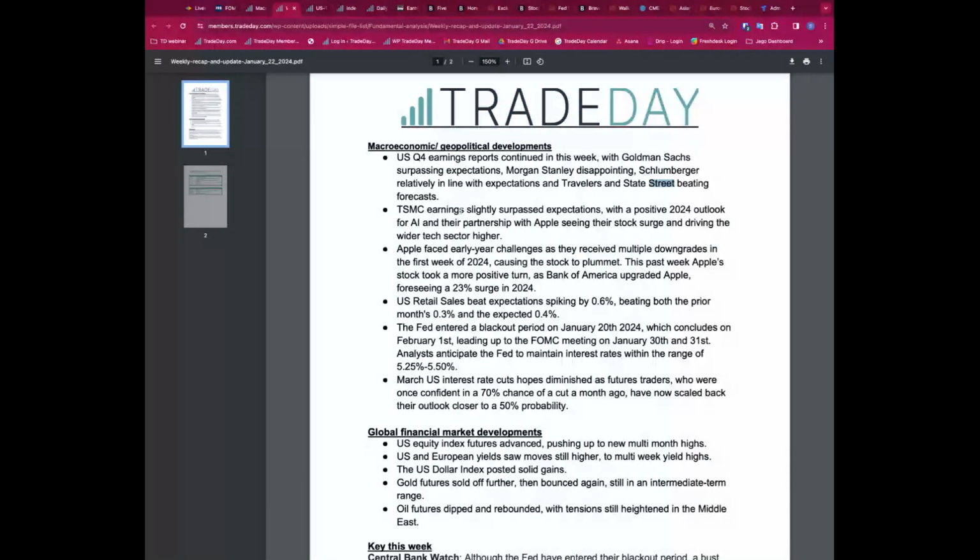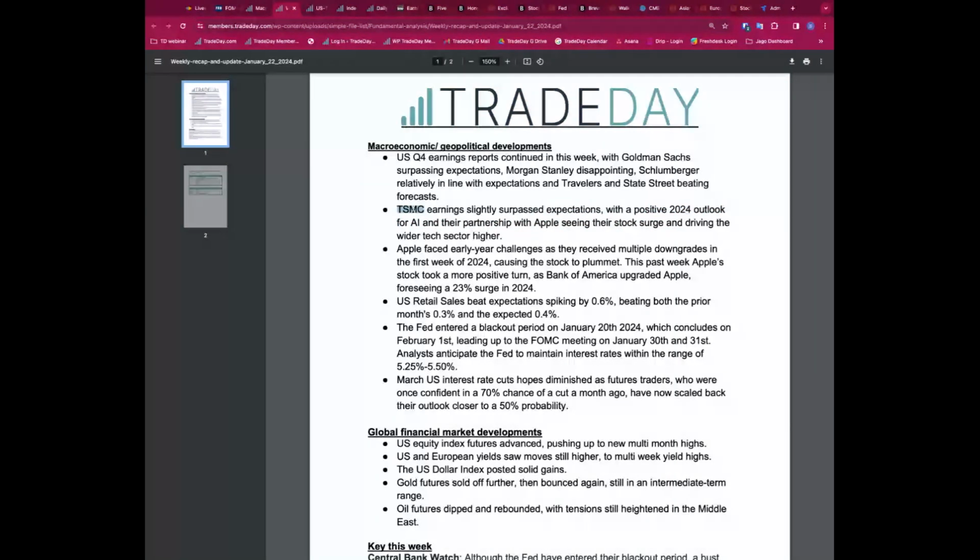The main driver of the significant pushes higher to multi-month and sometimes record highs for the US equity indices, and also the strong push higher in global stocks generally, not China, was the tech sector, which led the way. China is still under negative pressure, and under negative pressure today. The big driver here was TSMC, the world's largest chip maker, supplier to NVIDIA and Apple. Their earnings were only slightly better than expectations,